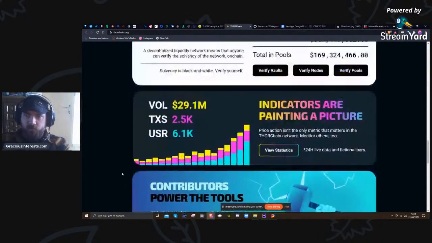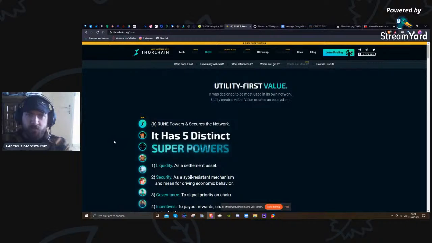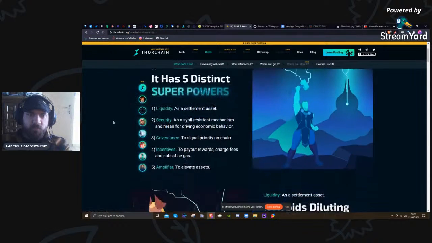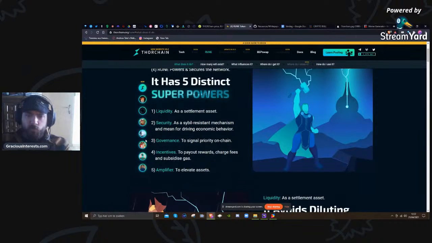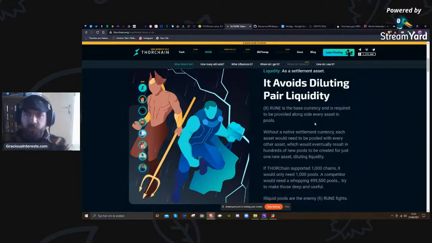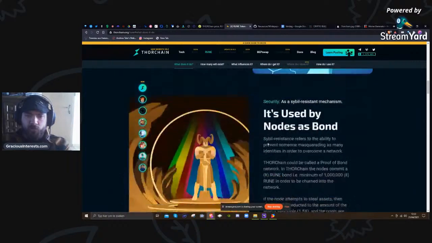Okay, so you've got all links here. So fast loaded site, tech, RUNE soon, what is it? Utility first value, it was designed to be the most used in its own network. Utility creates value, value creates an ecosystem. So once again, they give an abbreviation, a summary of what you can do with RUNE. Avoids diluting pair liquidity, is the base currency as required to provide. So it's basically a rundown